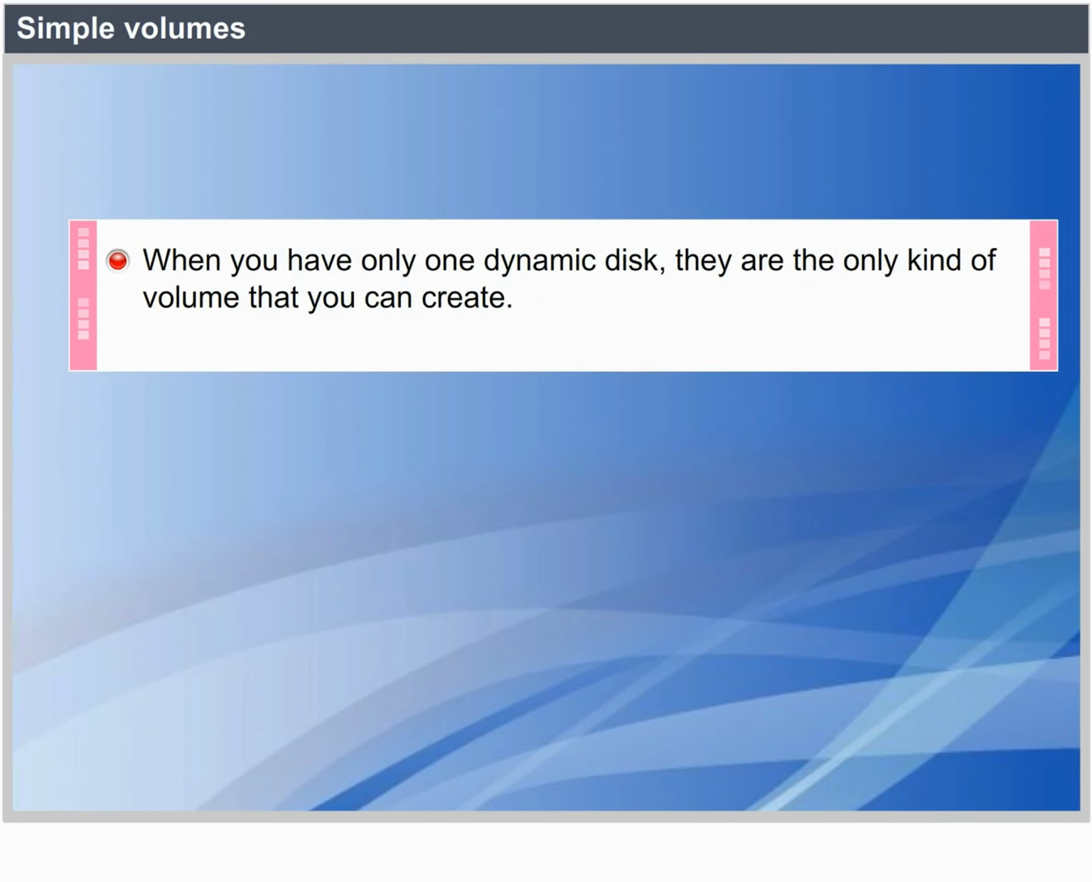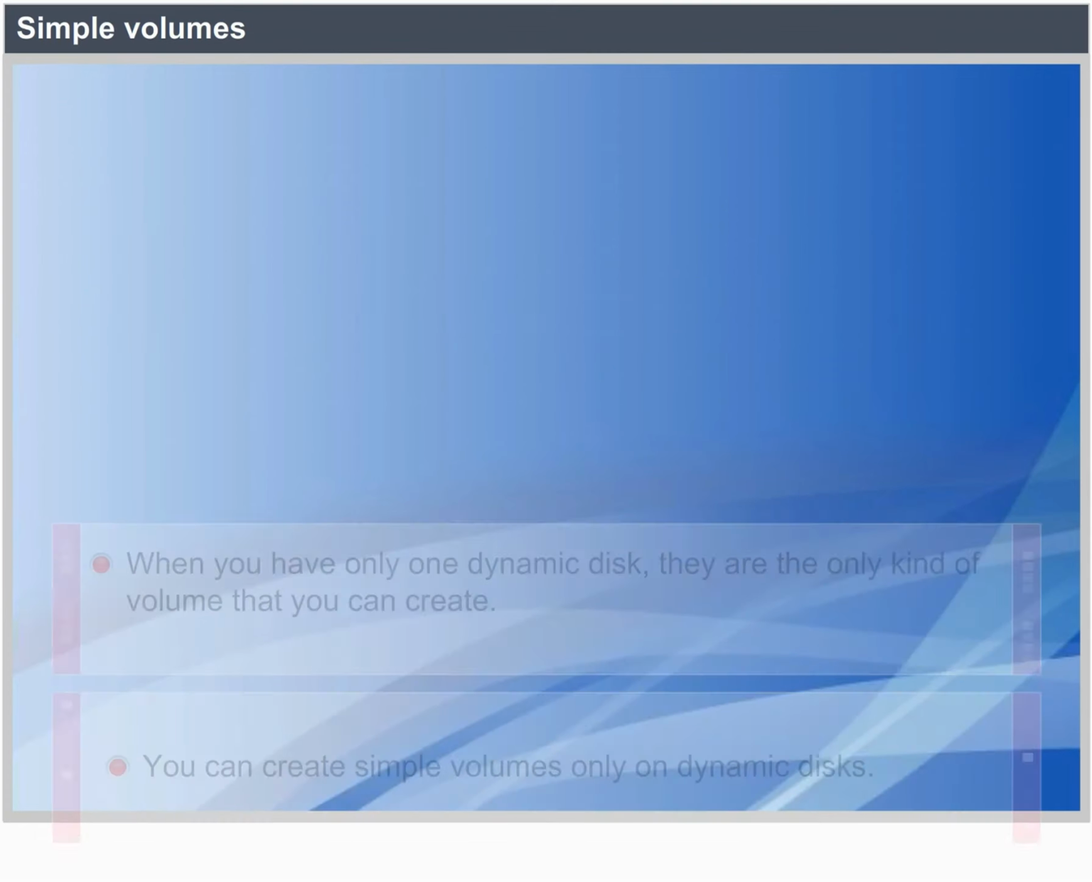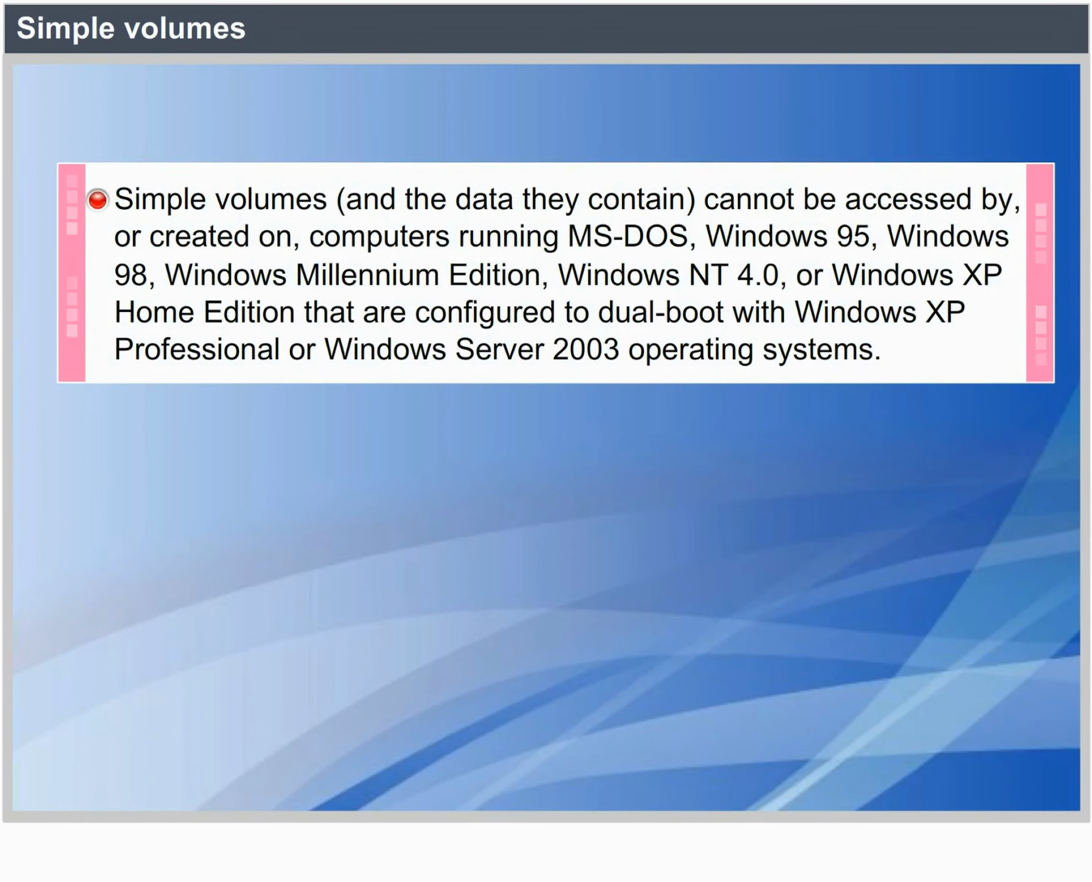Simple volumes and the data they contain cannot be accessed by or created on computers running MS-DOS, Windows 95, Windows 98, Windows Millennium Edition, Windows NT 4.0 or Windows XP Home Edition that are configured to dual boot with Windows XP Professional or Windows Server 2003 operating system. If you want computers running these operating systems to be able to access the data, store the data on basic